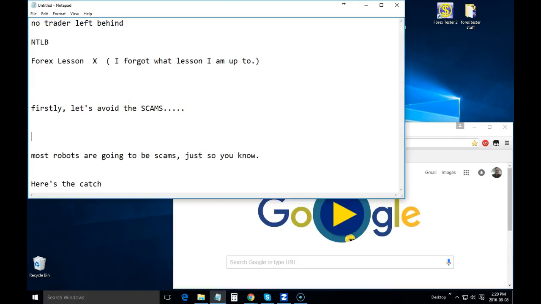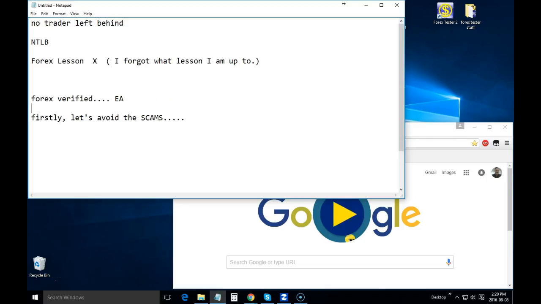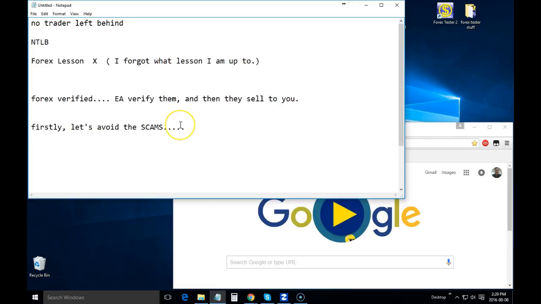I just got an email from a company called Forex Verified, and they go through every expert advisor and they verify them, and then they sell them to you. It's not a bad system. I wish I would have thought of that myself. However,